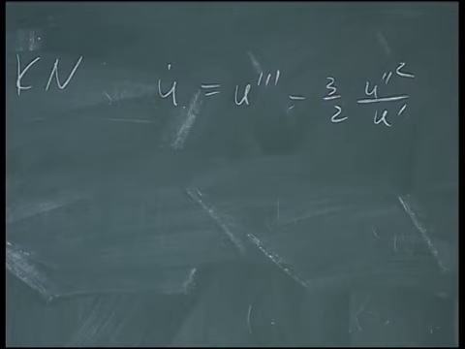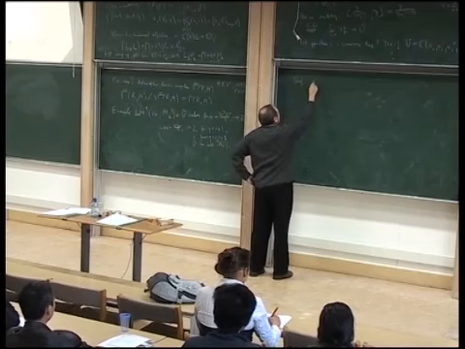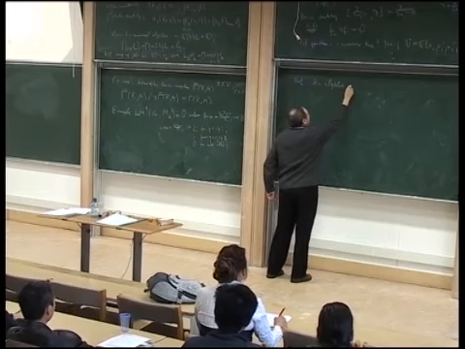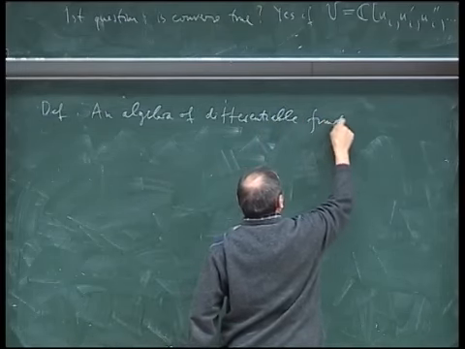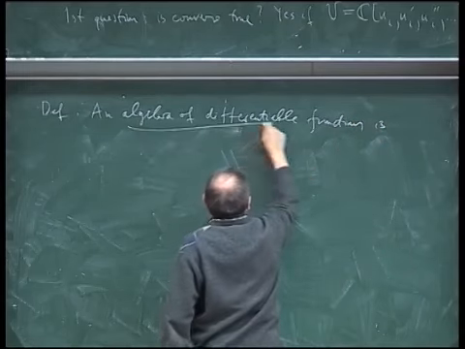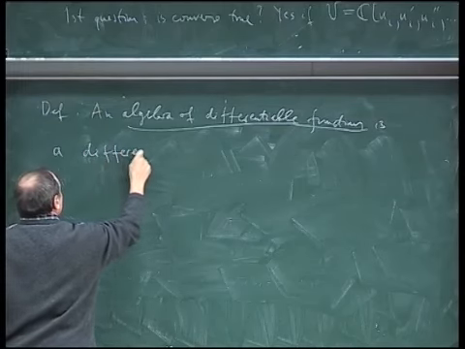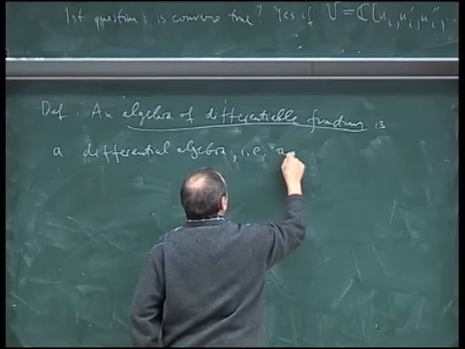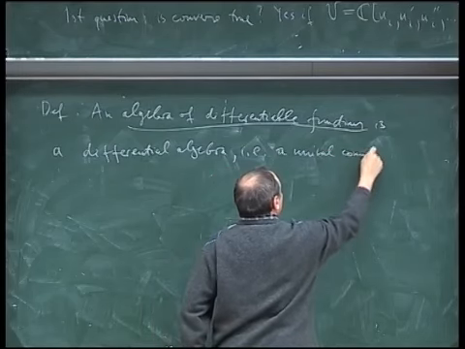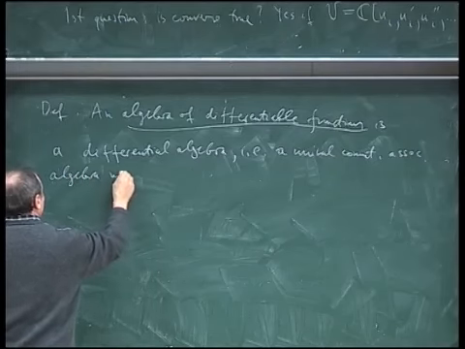And we found the following setup quite sufficient, a very general abstract setup, which we call the algebra of differentiable functions. It is a differential algebra, meaning, of course, that it is a unital, commutative, associative algebra with the derivation